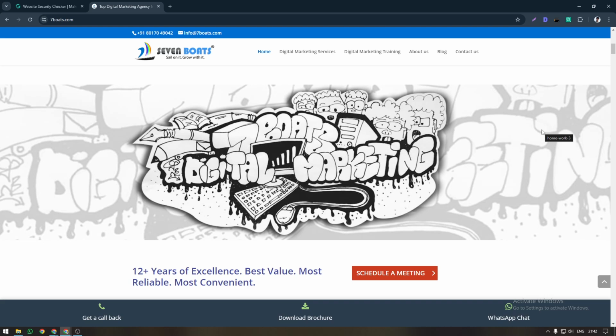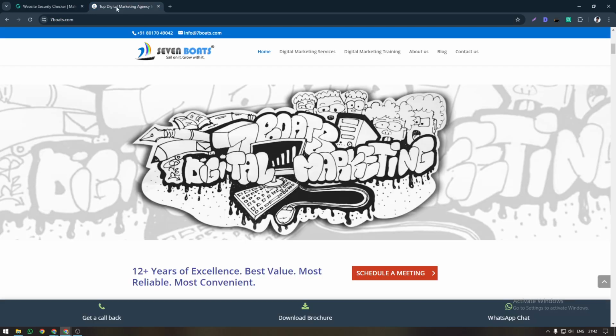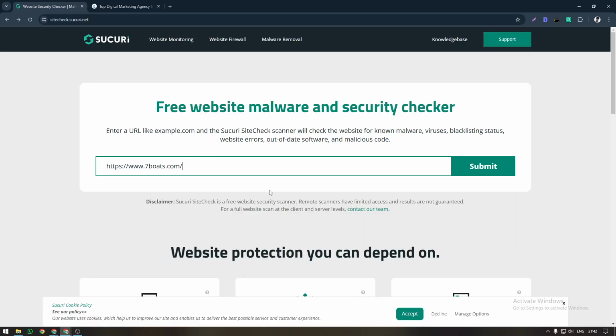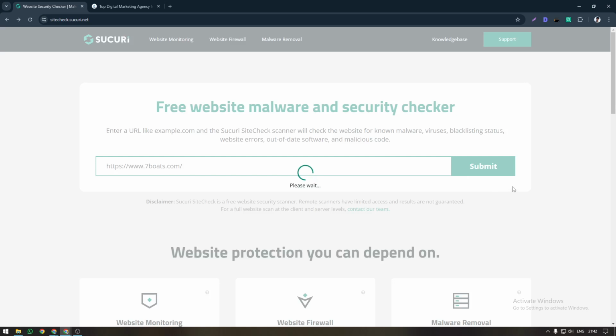So basically there is a totally free website service called Sucuri. You can come to sitecheck.sucuri.net and put your website here. Let me show you. I'm copying 7boards.com and I have pasted it there, and it will scan your website totally free. Okay, it's free of cost, nothing there. Submit,